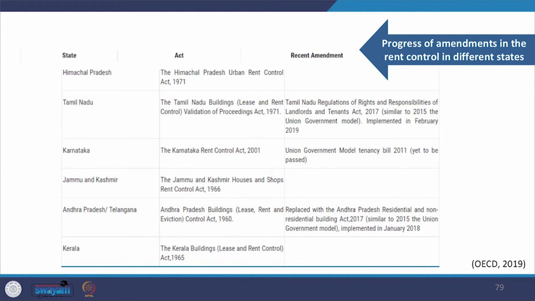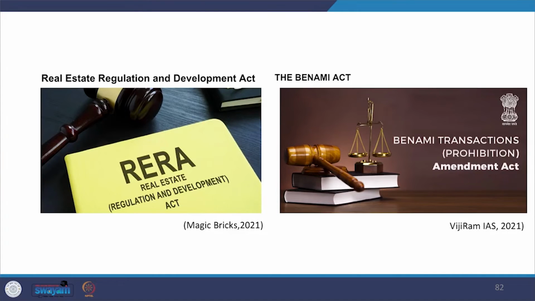As we see in the figure, we see the recent measures in the country which have helped to contain the prices. With the introduction of housing for all programs in the country and the related measures to support the low and middle income home buyers, as seen in the image, developers have reduced the size of dwellings. Moreover, recent regulations such as the Real Estate Regulation and Development Act, known as RERA, and the Benami Act have reduced speculations. This has also improved housing affordability, although large disparities remain between low and higher income groups.